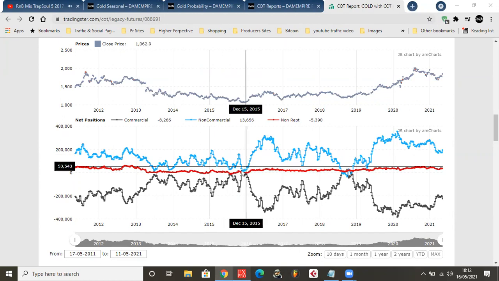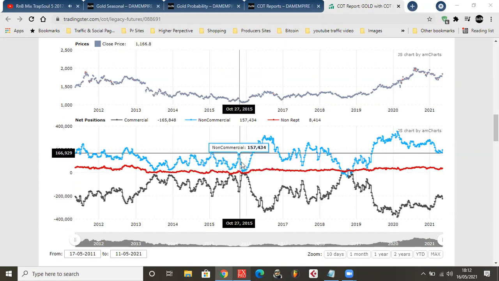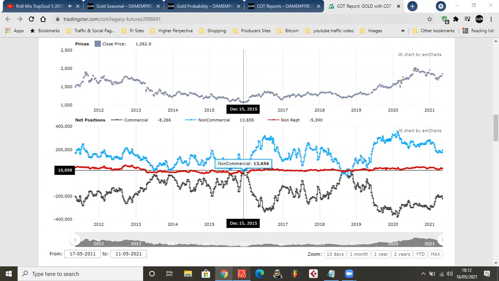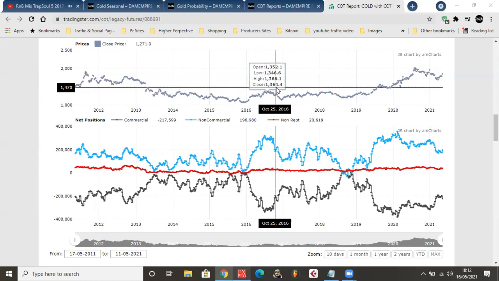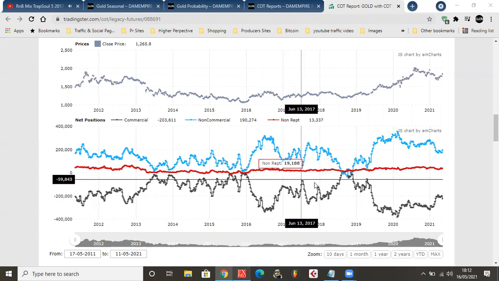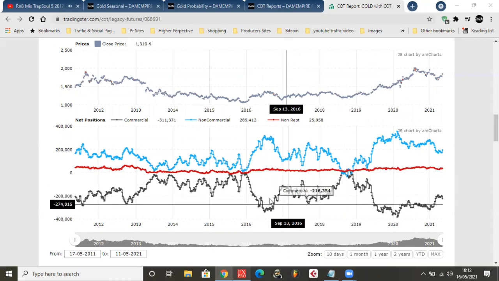Here, look at the peak right here. The non-commercials are the blue guys. You see the blue guys are saying sell, sell, sell. These guys are telling you buy. Look at what happened to the market. You understand? Mainly we focus on the peaks. I don't really focus on their dips, but I focus mainly on the peaks.